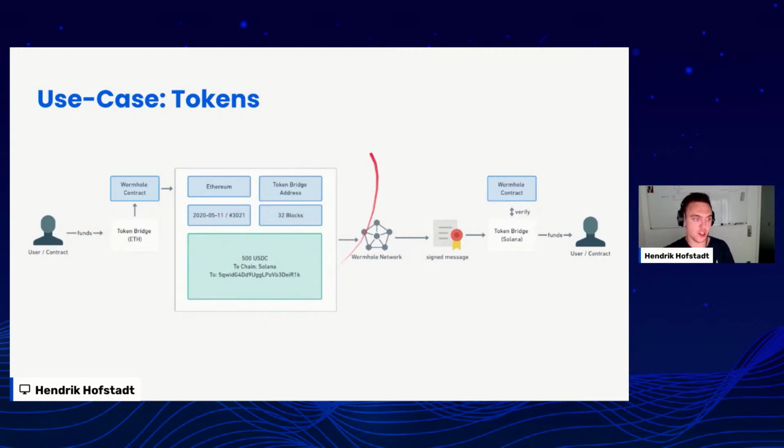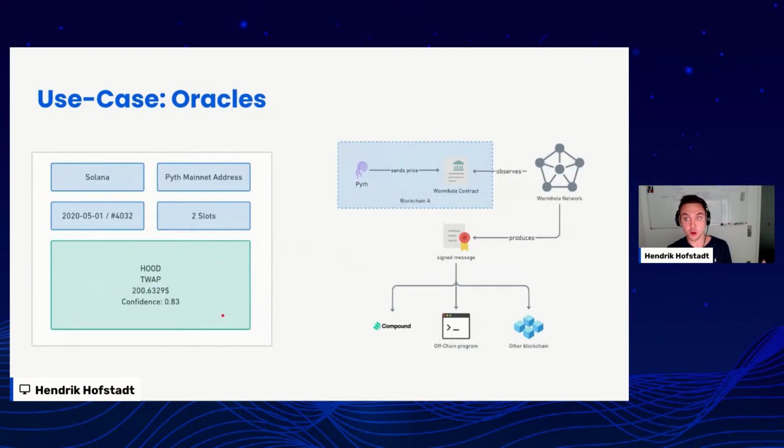Another example of utilizing this generic message passing capability would be to transfer Oracle data. So in this example, we're using the Pyth Oracle, and this is homed on Solana. And let's say the Pyth Oracle publishes prices every 400 milliseconds for, in this case, the Robinhood stock price, some time-weighted average price. And what this contract can do now is call the Wormhole and say, hey, I want to publish the price information. I want a signed confirmation of the price. That means someone else who wants to verify the Pyth prices on the Solana blockchain, or blockchain A in this case, would only need to verify the very simple Wormhole signed message